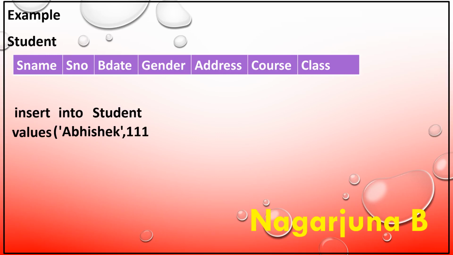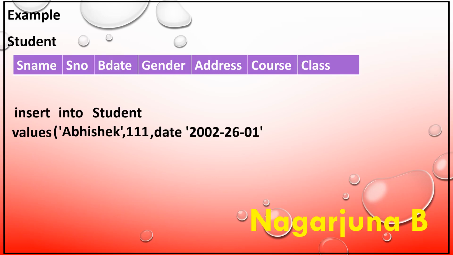The next, bdate. So it is of type date. That is the data type I am considering as a date. So it can be specified by writing comma date within the single quotes, 2002-26-01, single quote close. So here you need to specify the date keyword, after that one single space, and within a single quote you need to write in this format only, year hyphen day hyphen month. In this format only you have to specify. Other than this format, if you specify, it will give an error.